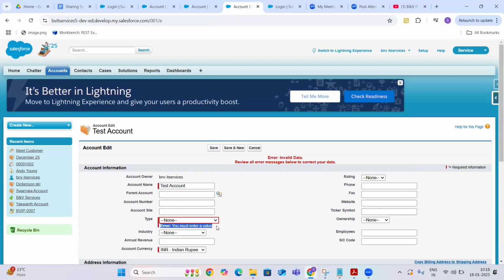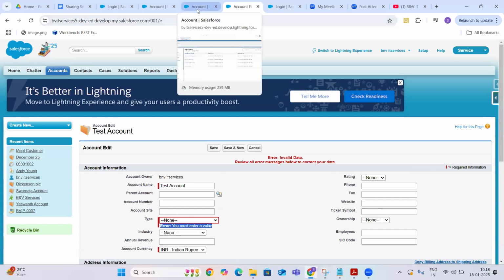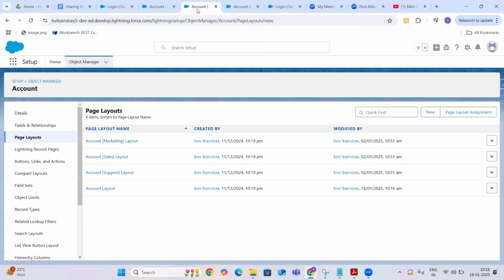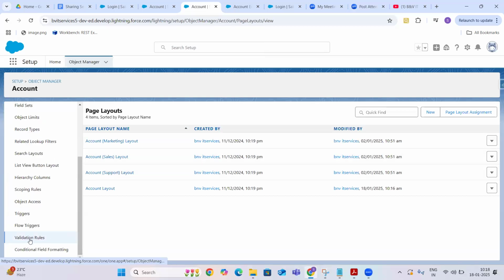Validations are two types, system validations and custom validations. Whatever validations you write through validation rules, we call custom validations, because these validations are provided whenever certain conditions are satisfied.